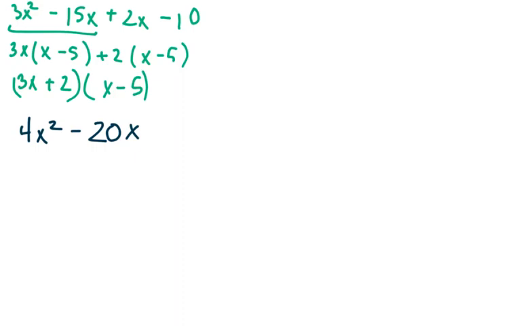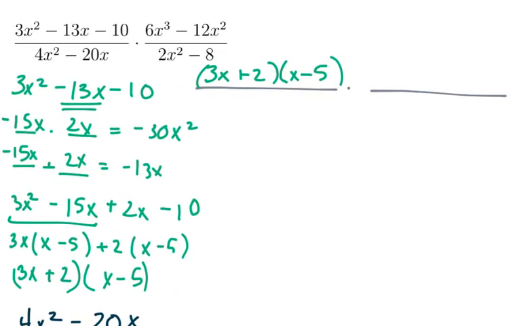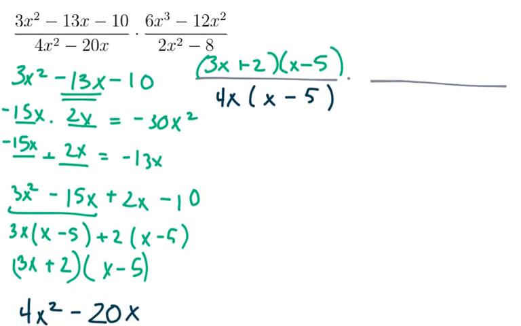So looking at 4x squared minus 20x, I can see they're both divisible by 2, but they're also both divisible by 4. So I can pull out a 4, and then they also both have an x. So 4x squared divided by 4x just leaves us with an x, and then 20x divided by 4x leaves us with just a 5. So we can go ahead and replace 4x squared minus 20x with 4x times x minus 5. Okay, now we can factor 6x cubed